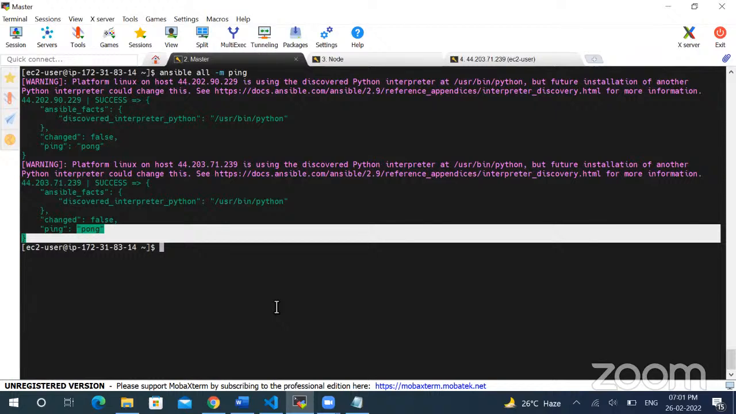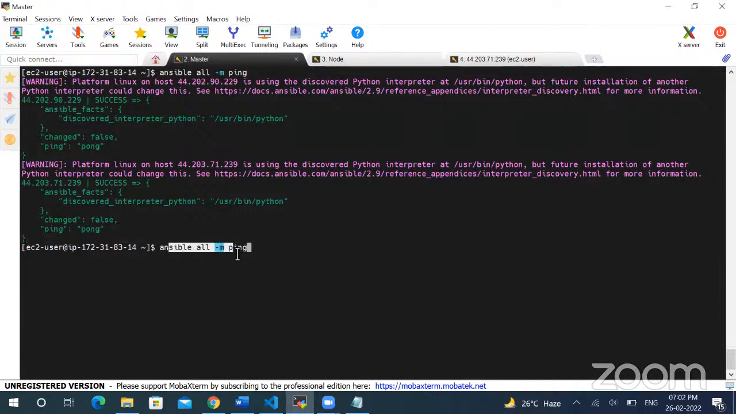So what exactly is an ad hoc command? An ad hoc command is actually a one-liner command. Using this ad hoc command, you can perform one task at a time. You can do anything, but one task at one time. Suppose I want to ping. I already ran one of the ad hoc commands. This is the ad hoc command, ansible,